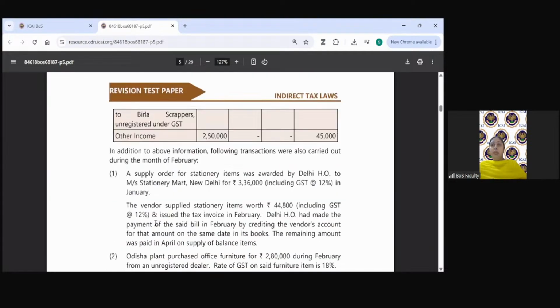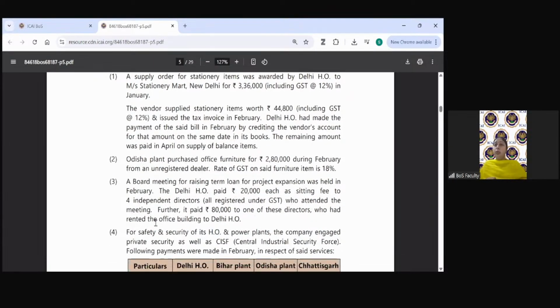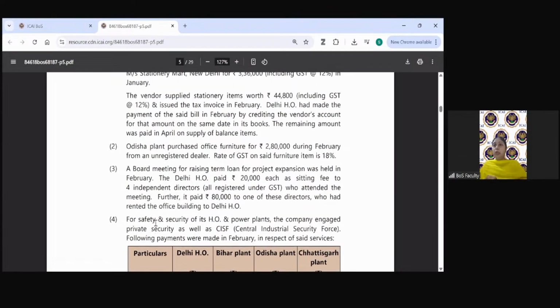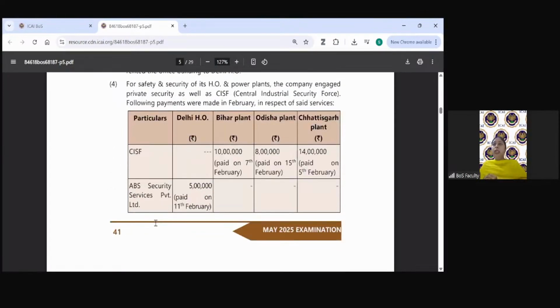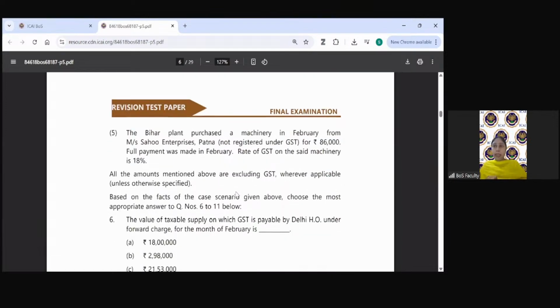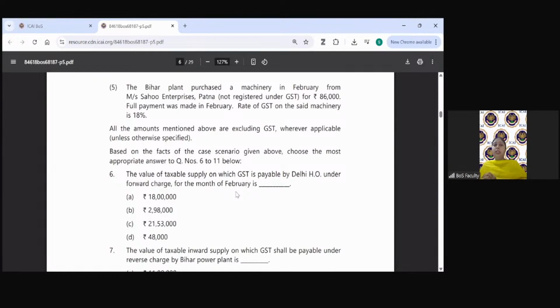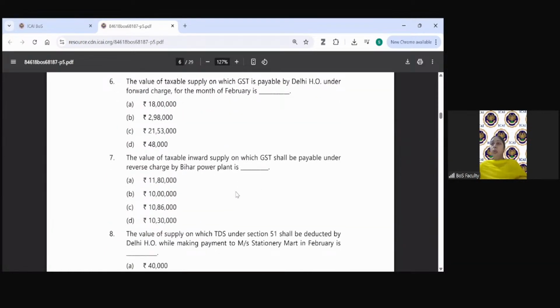And now we will go to the other additional information. If you see it carefully, I will not go through each and every transaction because we have to cover other questions also. But I'm just scrolling it down, and you can see that all the additional information which is given to you pertains to the inward supplies. So we are here concerned only with the outward supplies, and therefore this question will only include the outward supply information, and that makes the answer 2,98,000.